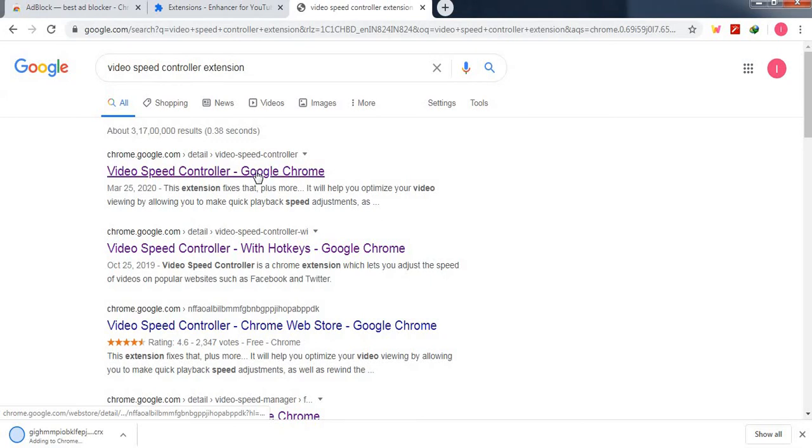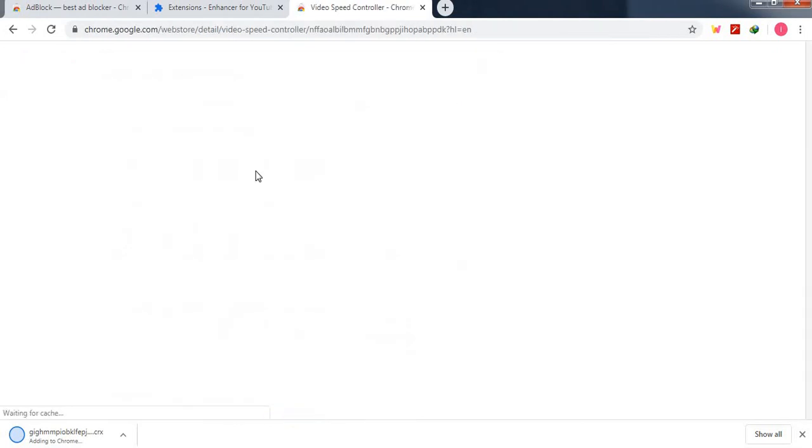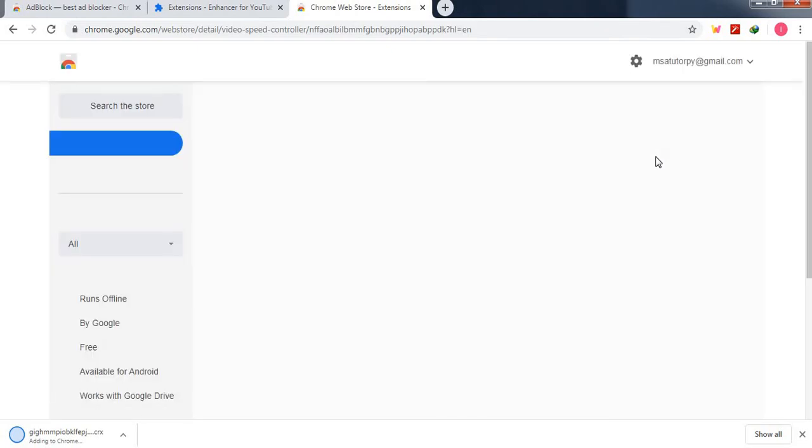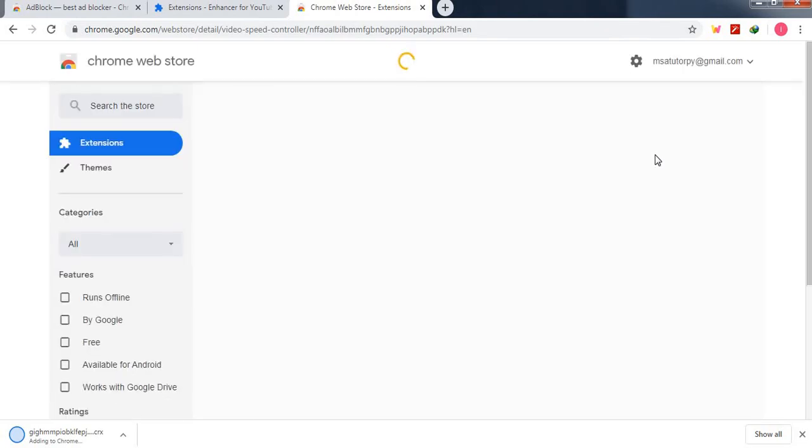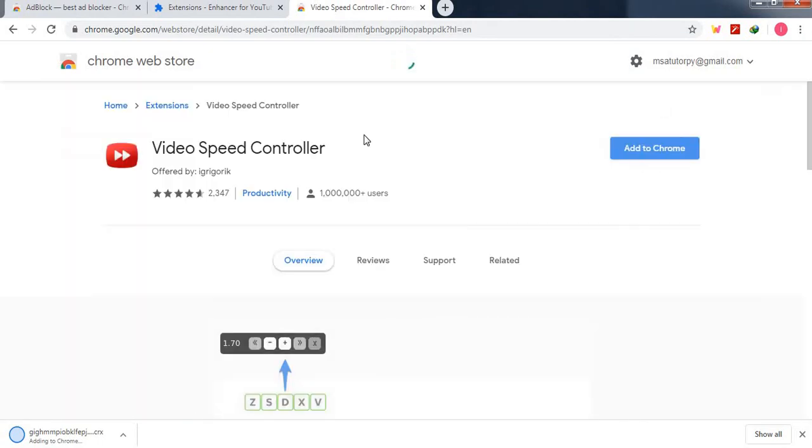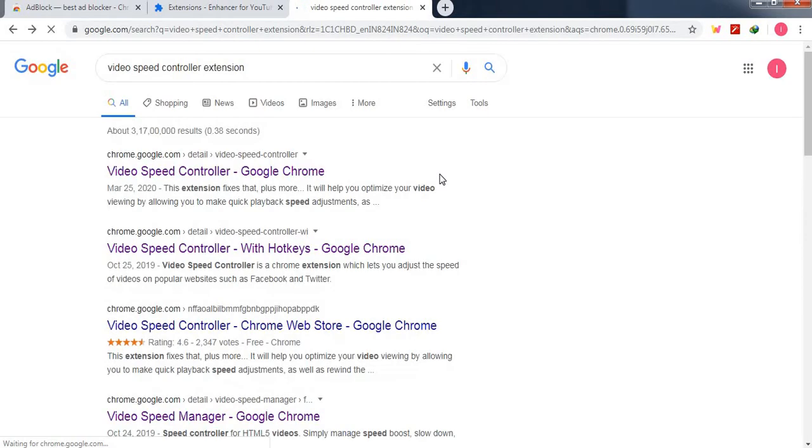It will come, and in the same way you need to click Add to Chrome and it will get added automatically. I have already done it, so it shows Remove from Chrome. Video speed controller I did, but some other came.